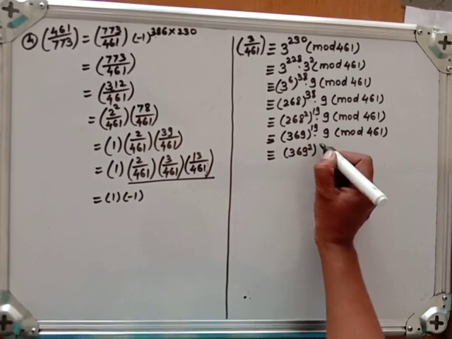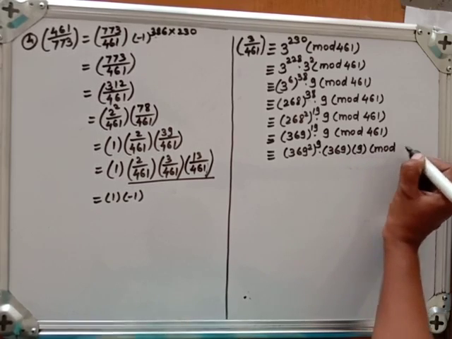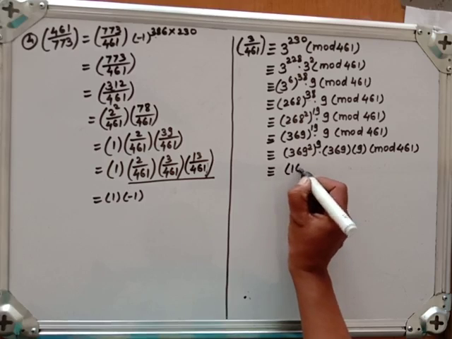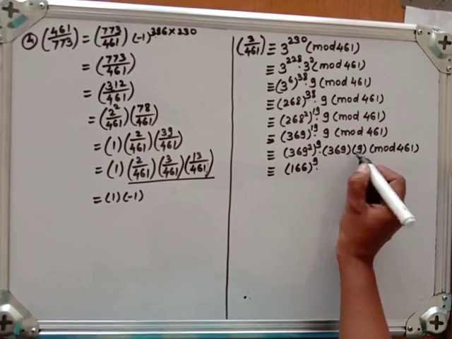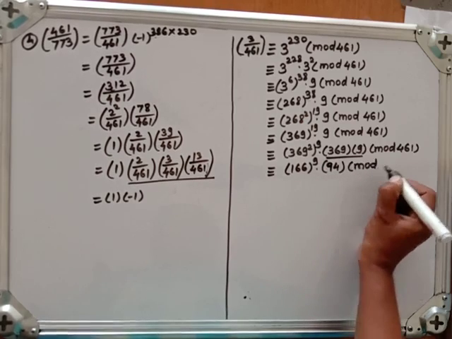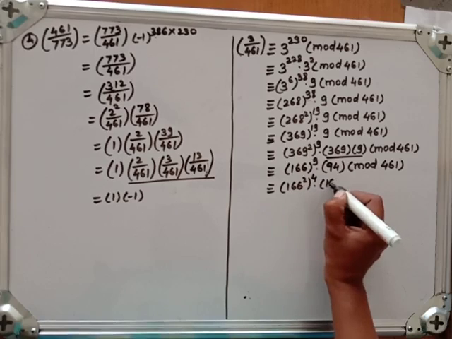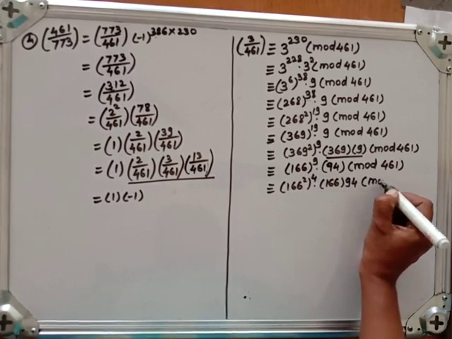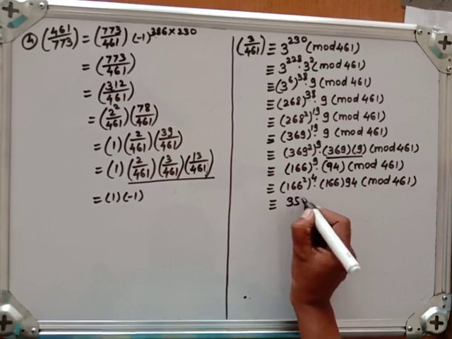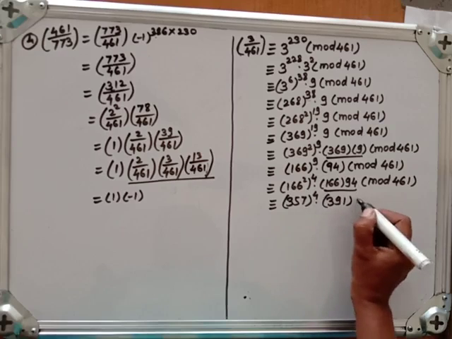369 square raised to 9 into 369 into 9 modulo 461. So this square modulo 461 will be 166 raised to 9 into this product modulo 461 will be 94 modulo 461. Now this is 166 square raised to 4 into 166 into 94 modulo 461. So this square modulo 461 will be 357 raised to 4 into this product modulo 461 will be 391 modulo